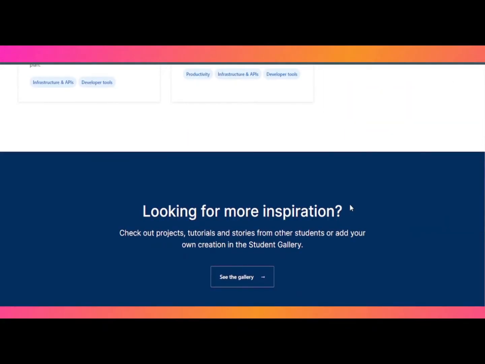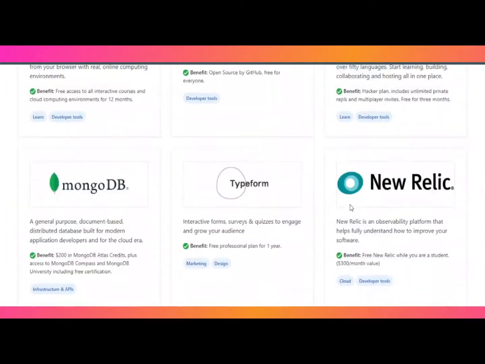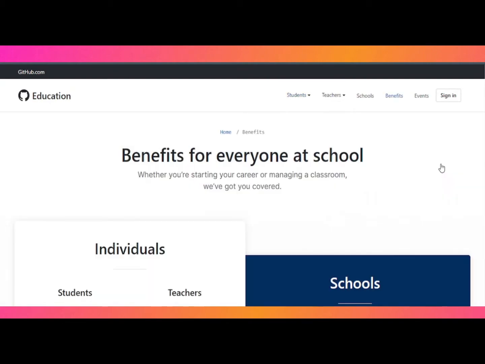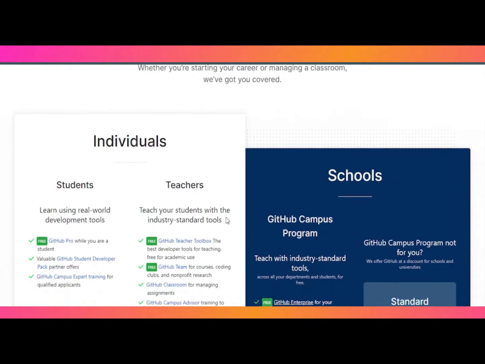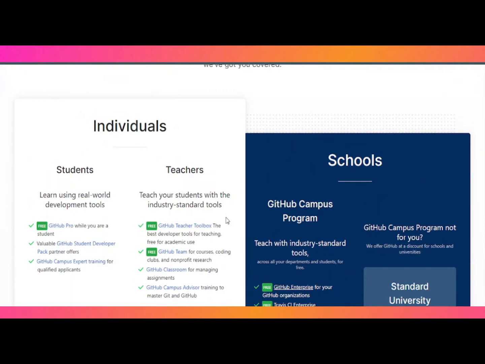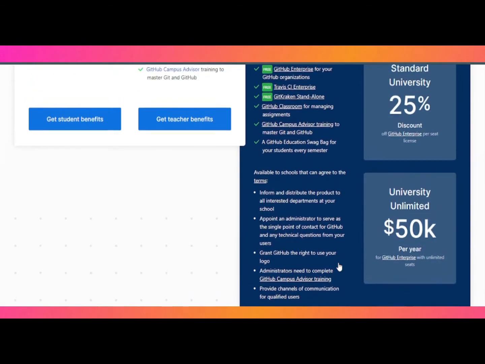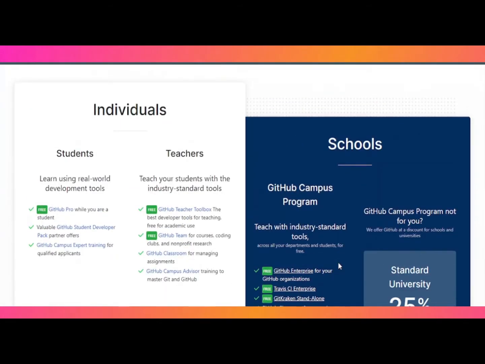Now if you want to apply for this pack, just click on this button here, Get your pack. When you click on this button, you have to log in with your GitHub account. The GitHub Education pack is offered to students as well as teachers, for individuals, and it is also available for schools or colleges.